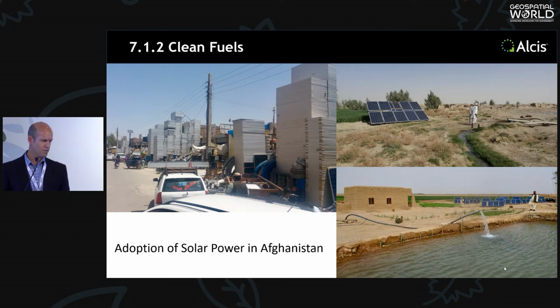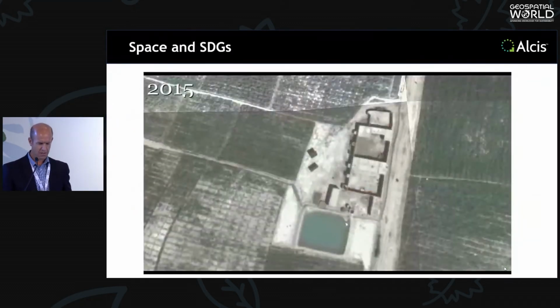And what we saw in about 2015 was these solar panels appearing, and that followed a large increase in the number of people moving out into the desert. And so the solar technology allowed the farmers to move away from diesel, to reduce those input costs. So they were therefore not needing to grow the poppy. And they were able to irrigate their crops effectively for free. So we saw this adoption on a huge scale.